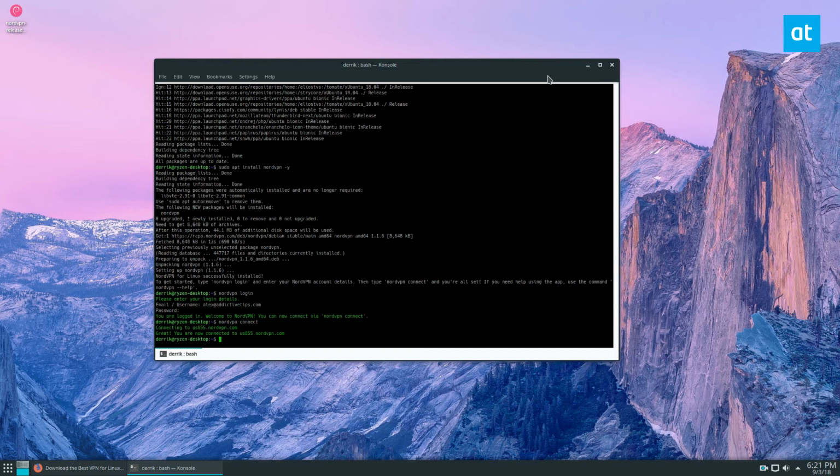And also, I should say, if you're not an Ubuntu or Debian user, don't worry because NordVPN works with that. It just requires reading the tutorial on the website, which you can find if you click the Linux